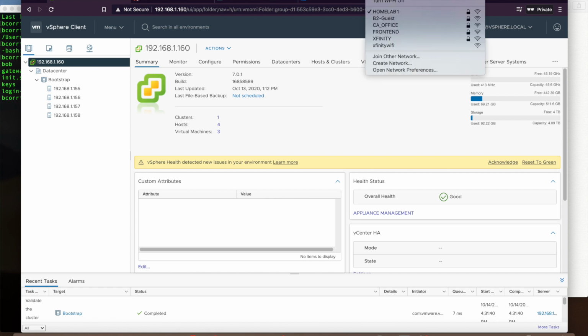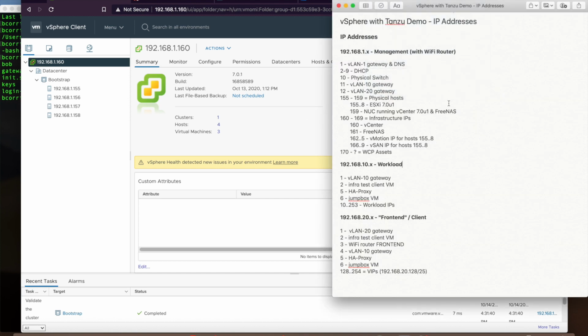Now I am currently connected to my Wi-Fi router, which is called HomeLab 1. And if we look, I've got a list of all the IPs here, which explains how it all fits together. So my physical hosts, everything is in the 192.168.1 range, at least from a management perspective, all of these bits and pieces here. So my gateway and my DNS that the router's providing is at number 1. 2 to 9 I've set for DHCP, so that if I log in through Wi-Fi, it's going to give me